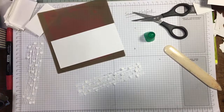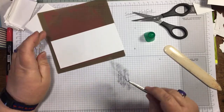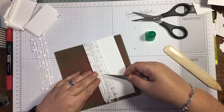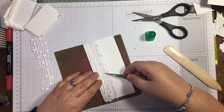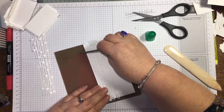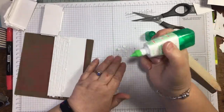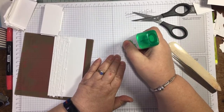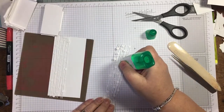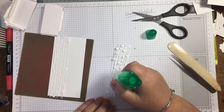Where are my tweezers? Because I think I'm going to get covered in glue otherwise. Look at my shake. And then we'll do the same with this one. So I'm thinking that maybe we'll only get one panel, but all 3 panels on this card are much the same. And obviously you can do it in colours, but this is just the prototype. And I think then what I might do is on my...